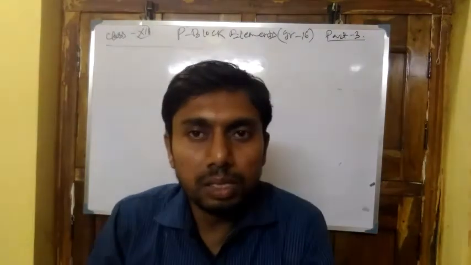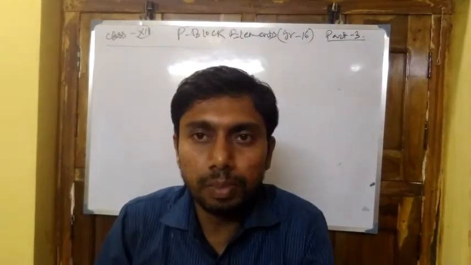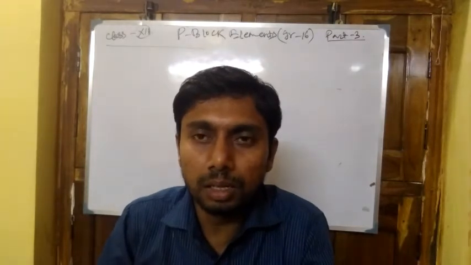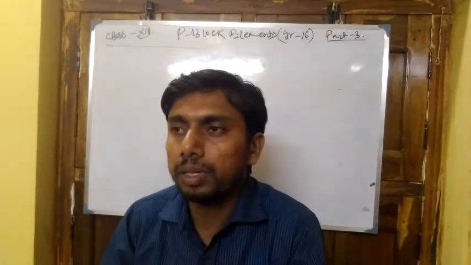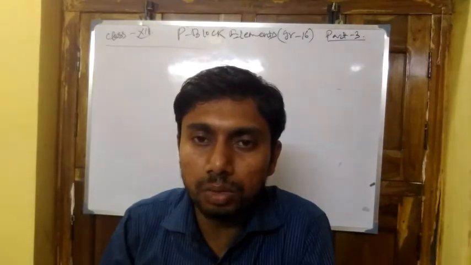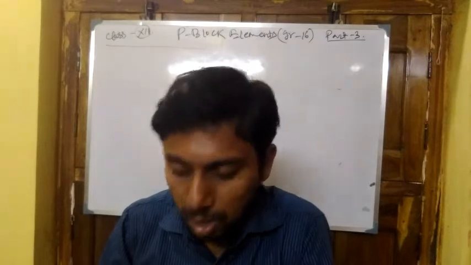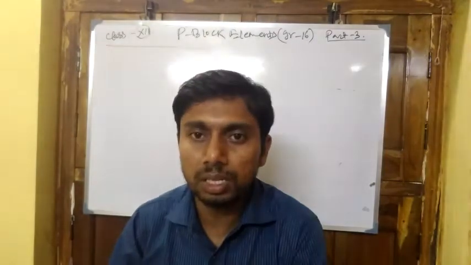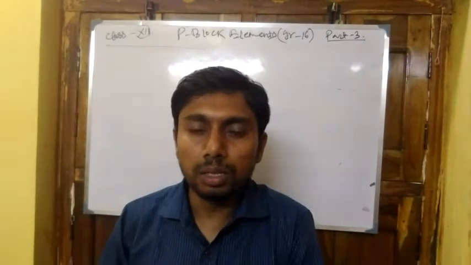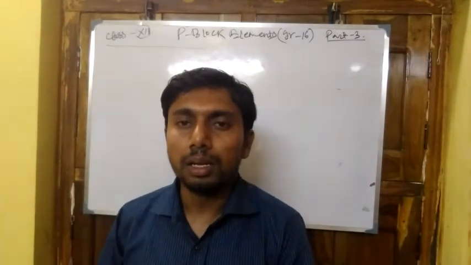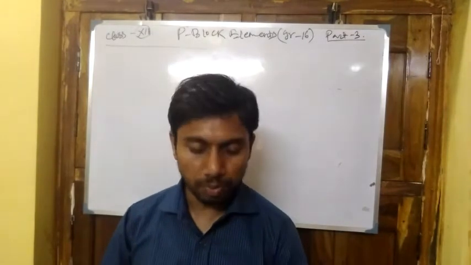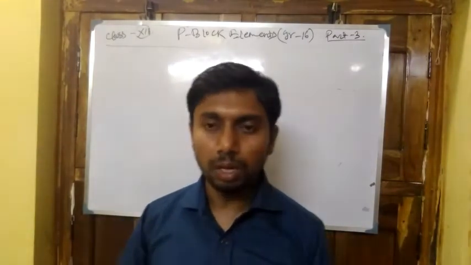Now we are discussing the chapter on p-block elements, and we are on group 16. On the last day we discussed different compounds, that is dioxygen, its uses, preparation, etc. In today's class we will discuss the different oxides, and lastly ozone, and then the compounds of sulfur. So the first one is on the oxides.